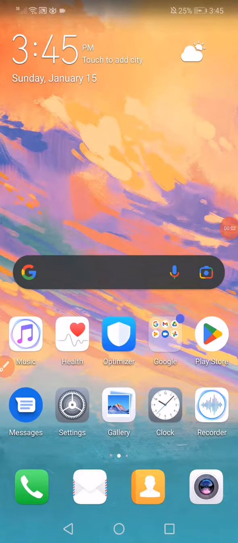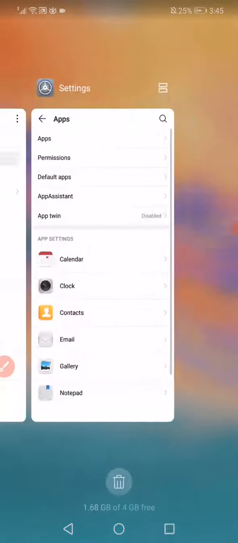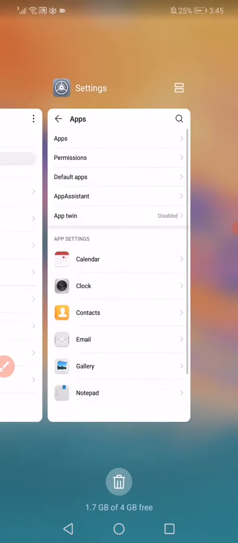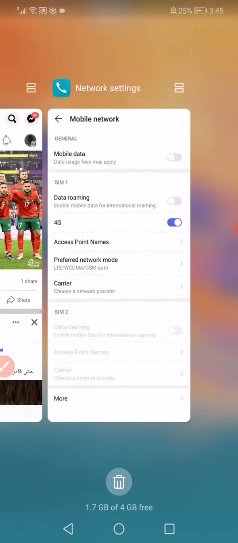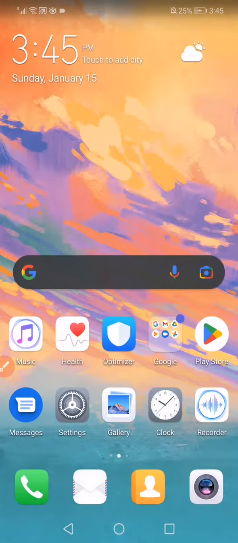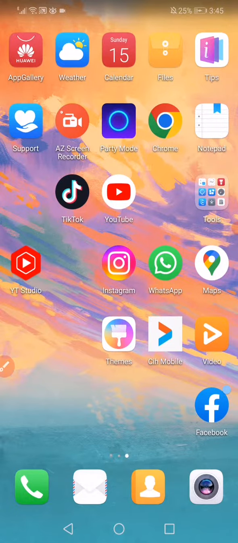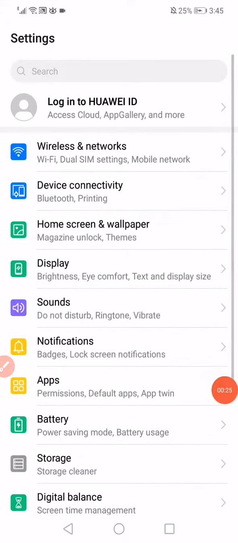Hello guys, in this short tutorial I'm gonna show you how to fix slow internet problem easily and fast on any Android phone. So first thing you wanna do guys is open all the windows that are opened like this, close all the windows, and now go back and now you have to go into the settings,